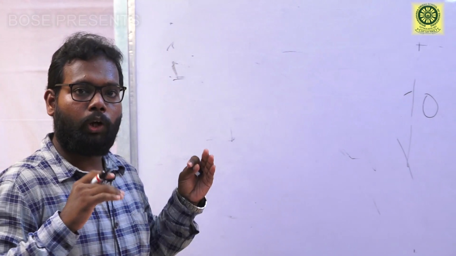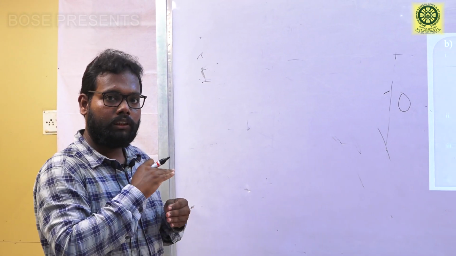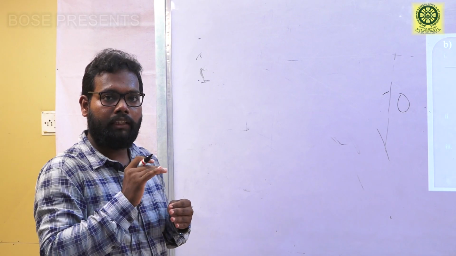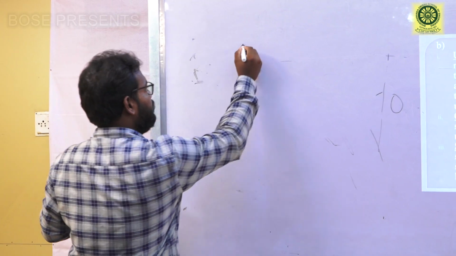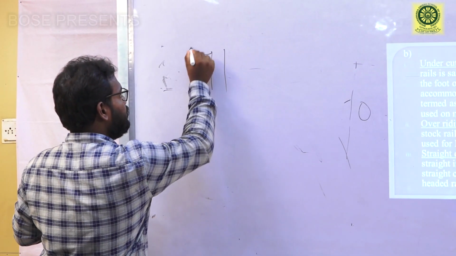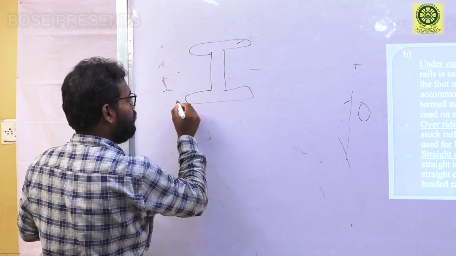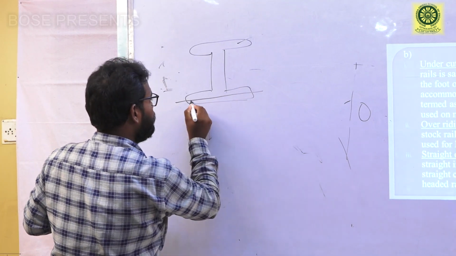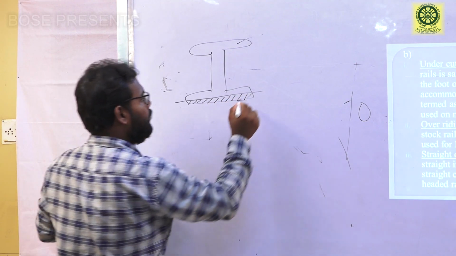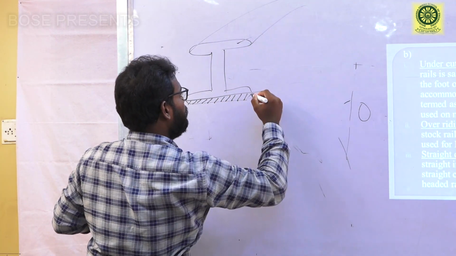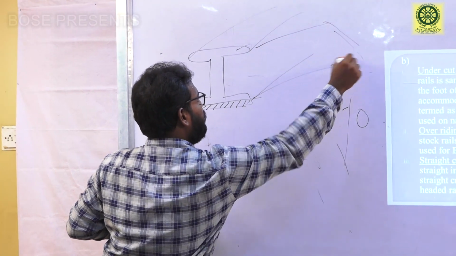When the height of tongue rail and stock rail are the same, then what we do? We just cut some portion of flange foot of the rail. Okay, that means this is a rail, this is the flange of rail, it is the top portion, it is the bottom portion. In this case what we do, we just cut some bottom portion or foot portion of flange, and we attach tongue rail with it, which is accommodated easily.